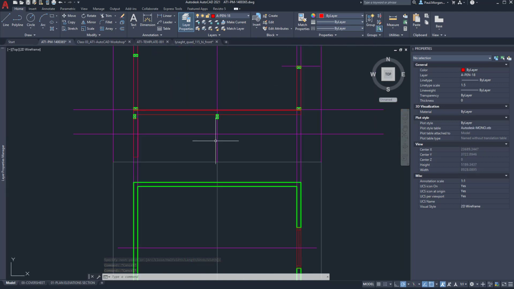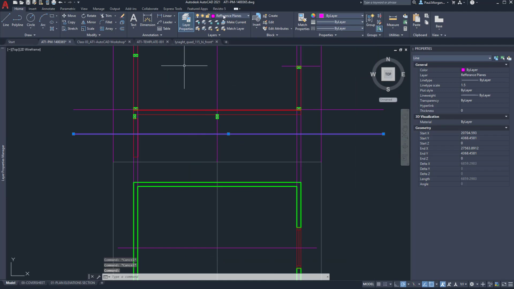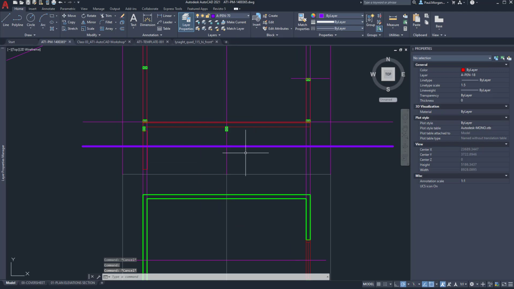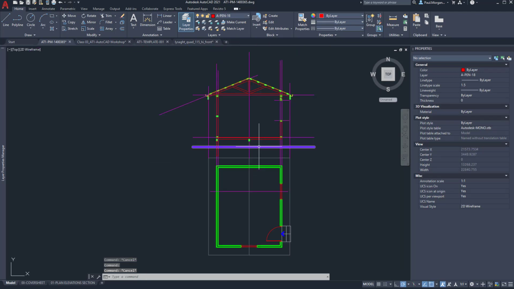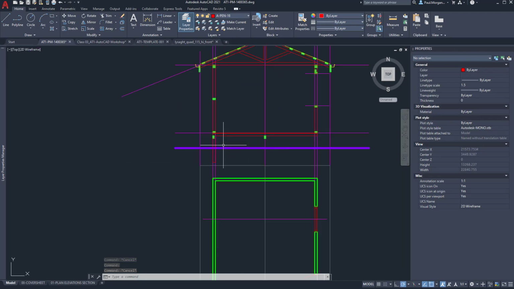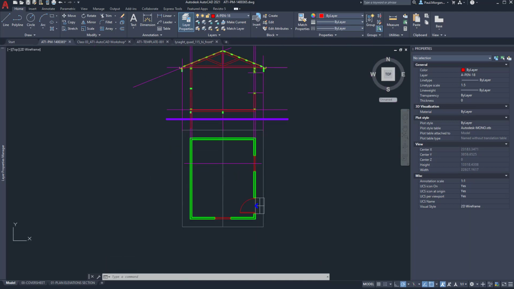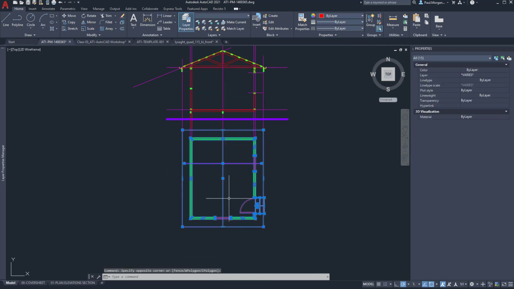So while we're here, why don't we just change this to pen 70, a nice thick line, just to change it up, okay? So we know for sure that is our natural ground line. All right. Next up, we need to do some excavating under here. So in order to do that, I am going to just highlight my building, my floor plan,